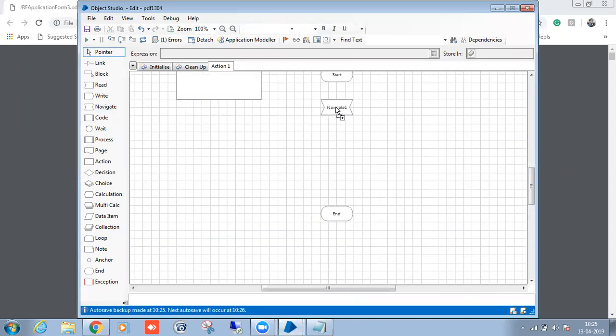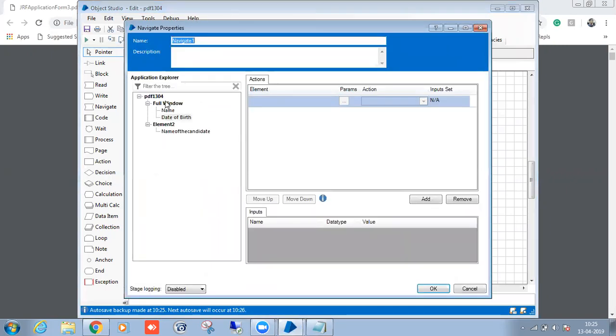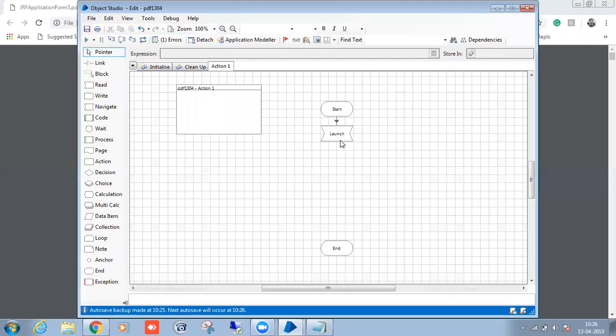As usual, first I'm directly launching the application. Okay, after launching the application, what will I do?